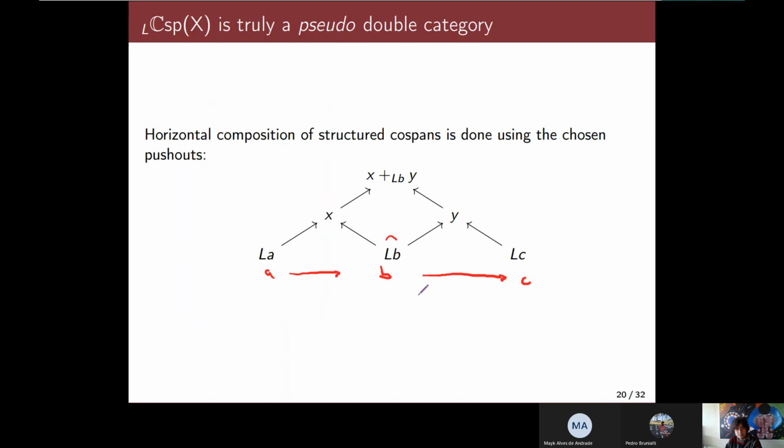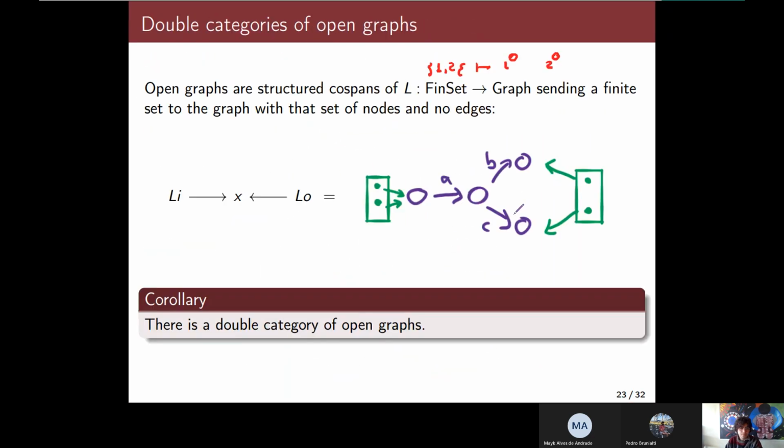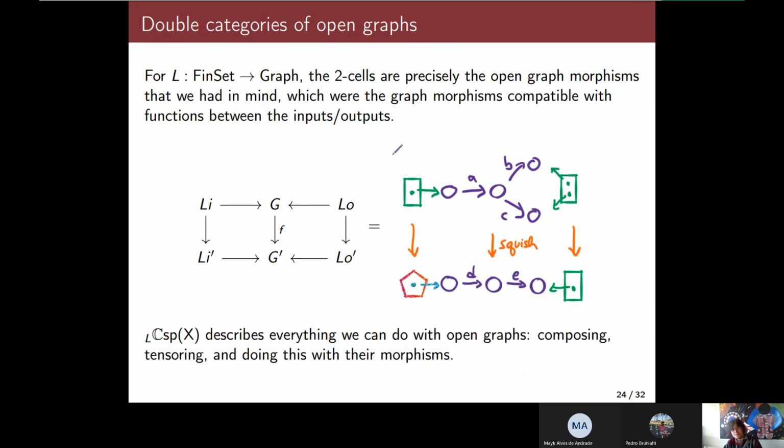So by the theorem, if all preserved products, there is a symmetric double category of open graphs. And what is a morphism in this case? What are the two morphisms? Well, the two morphisms are precisely what we had in mind, what we wanted to do. And this will be the form of the two morphism, a graph morphism here, such that this commutes,